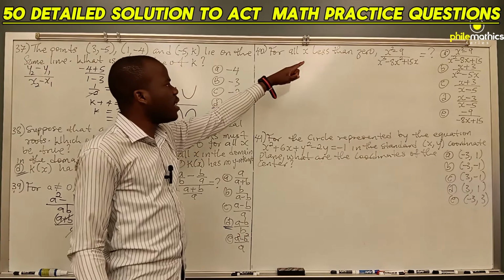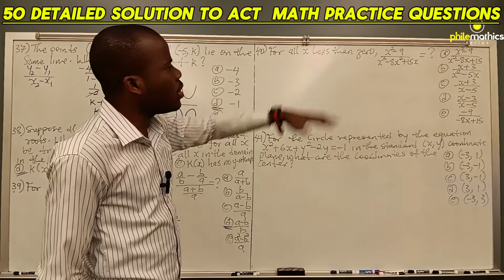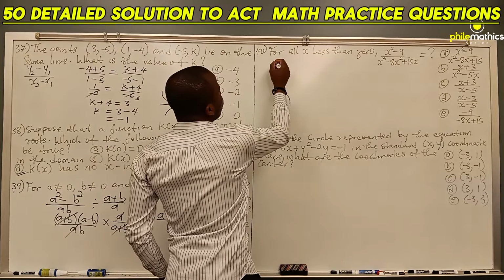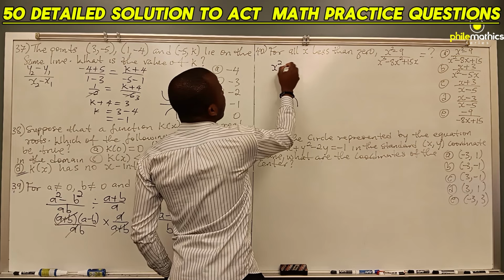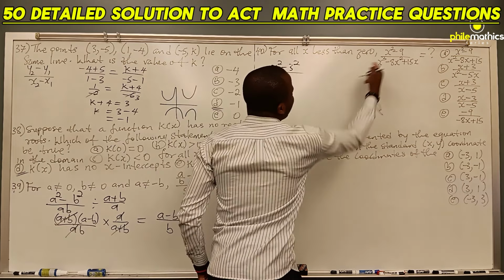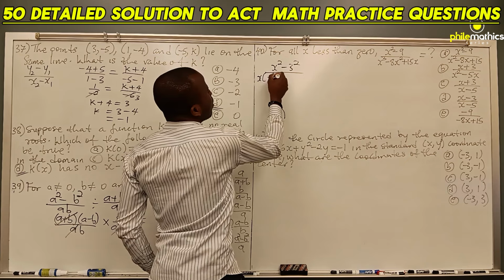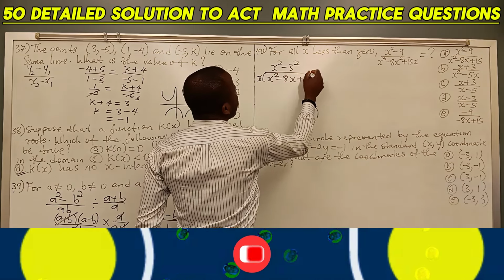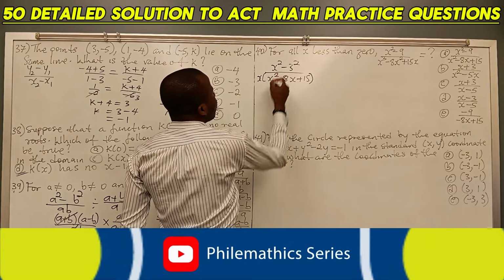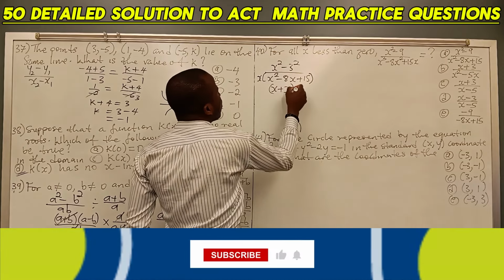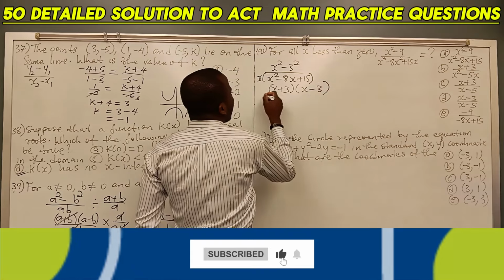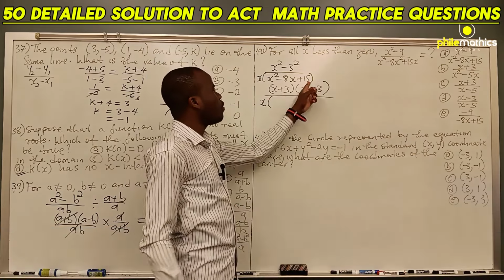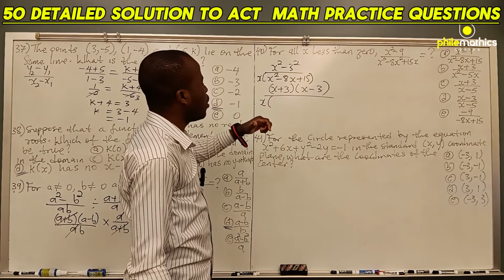For all x less than 0, what does this expression equal? For the numerator, we have a difference of two squares, so we can write it as x squared minus 3 squared. For the denominator, we can factorize x squared minus 8x plus 15. Difference of two squares means x plus 3, x minus 3, and for the denominator, we have x. Two numbers that multiply to 15 and add to minus 8 will be